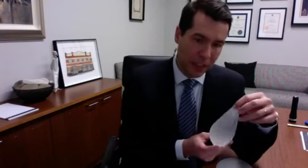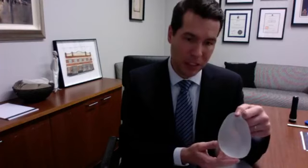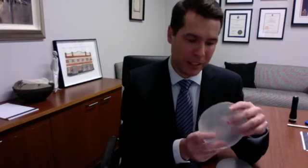We've got a newcomer to that arena, which is this device, and I've used this twice. It is very new. I, through the special access scheme, used the first one in this country. It's not completely TGA ratified yet, but it's the Motiva TrueFix, and this is the Motiva anatomical. It is a nanotextured surface. The thing with nanotextured is that you just don't form much of a capsule around it, and so the benefit, or the reason why we were using texturing and other anatomically